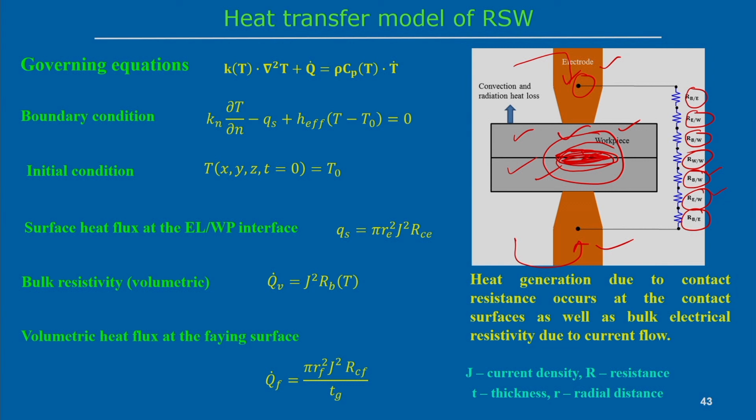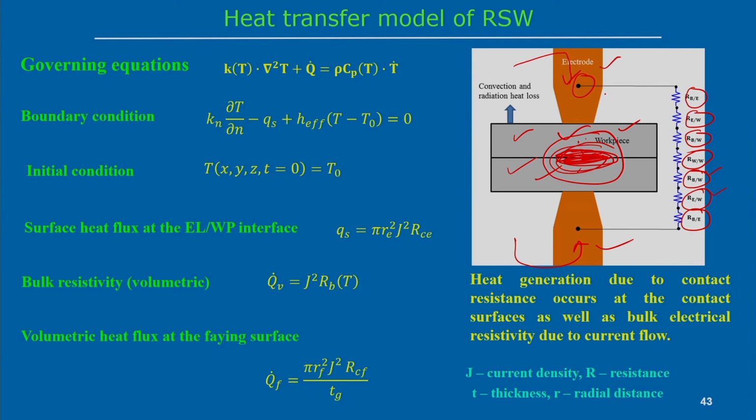Now, what happens in the resistance spot welding process? This process is designed in such a way that maximum heat will be released at the interface between the two workpieces. So that means contact resistance at this point is very important, because that is responsible for generating the heat at the interface. In other places there is no need for melting, because finally we want to join the two workpieces at this point. So, you choose the material combination in such a way that the other contact resistance or bulk resistance can be minimized.